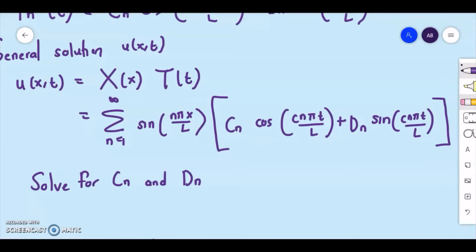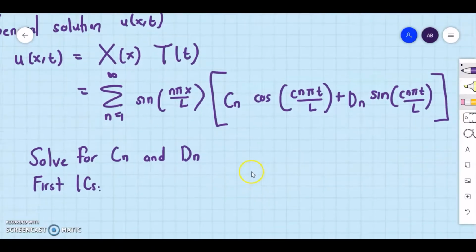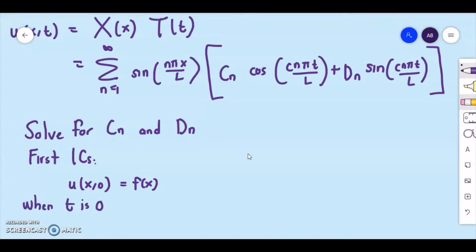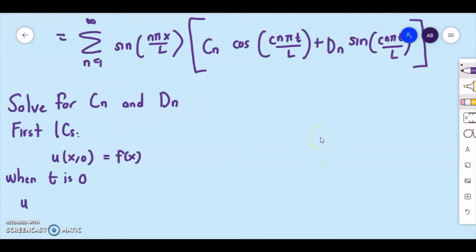So let's look at the first initial condition: u(x,0) equals f(x). So when t is 0, what do we have? Substitute t equals 0 into that given